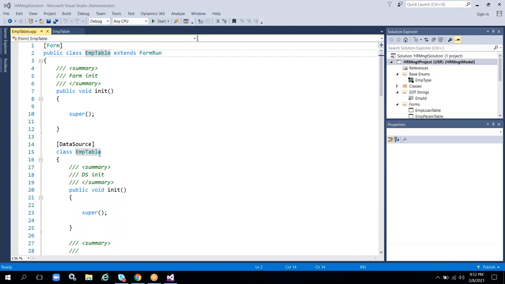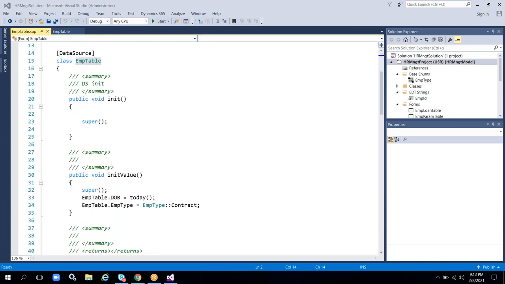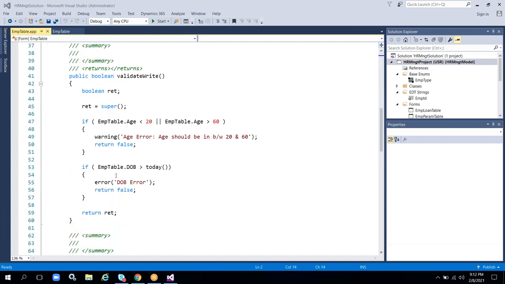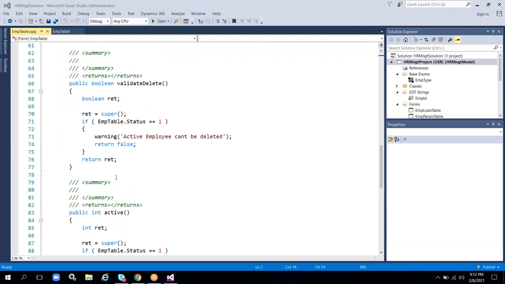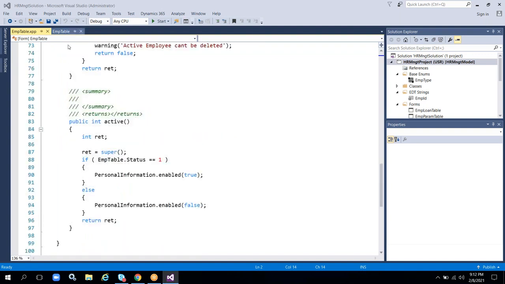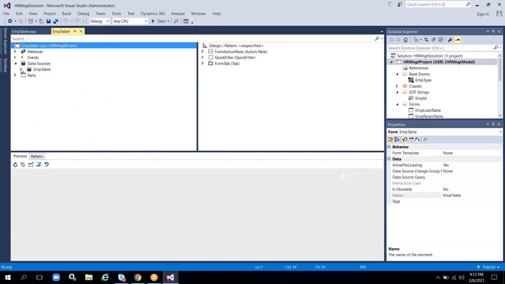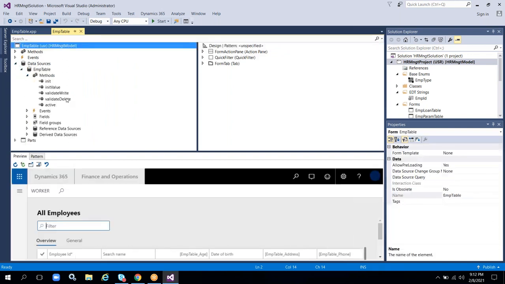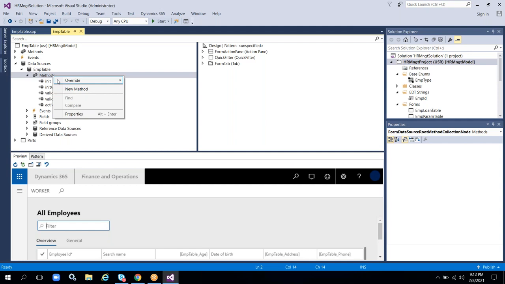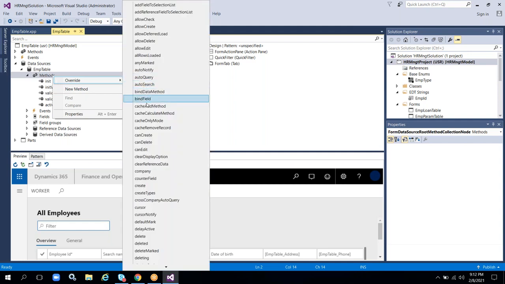In the last meeting, we discussed methods, in the data source level methods. Up to now we discussed the active method. In the same way, we have a few more methods in the data source level. Coming to the override, there is a method called